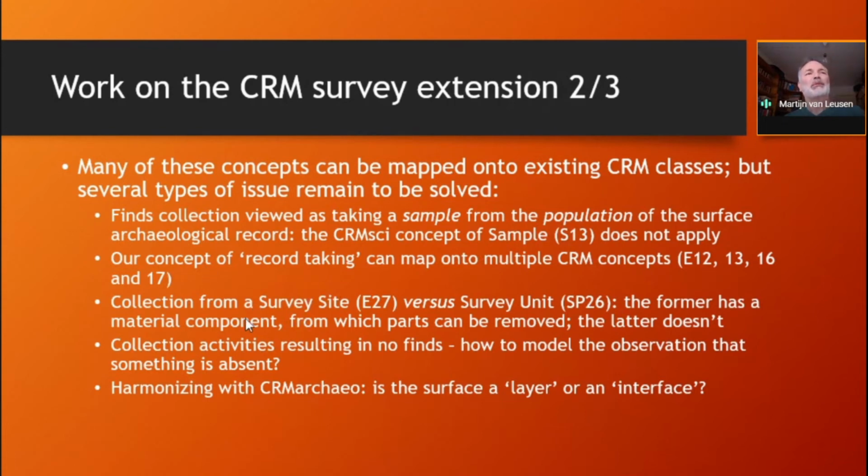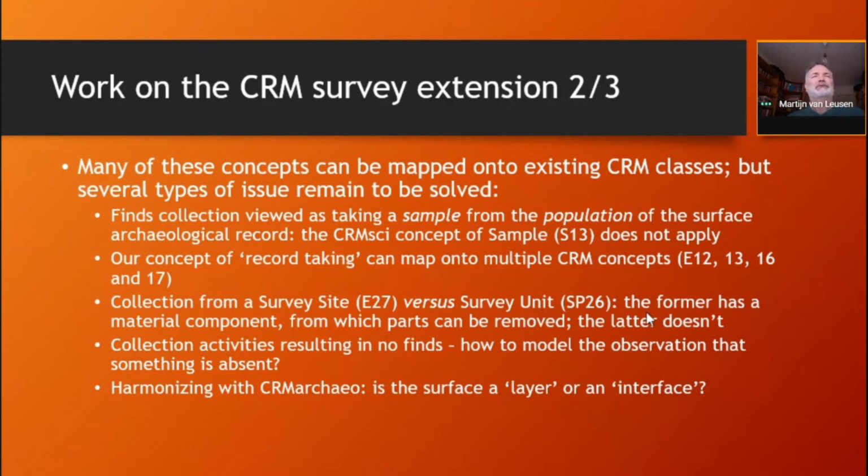A third type of problem is the treatment of sites as something different from any normal survey unit. A survey unit is a bit of space in which you conduct research, but a survey site is both a bit of space and also something else. Generally, a survey site is some kind of settlement or some kind of activity that you are investigating. So taking a sample from a site or from a survey unit are two different things, or can be two different things,